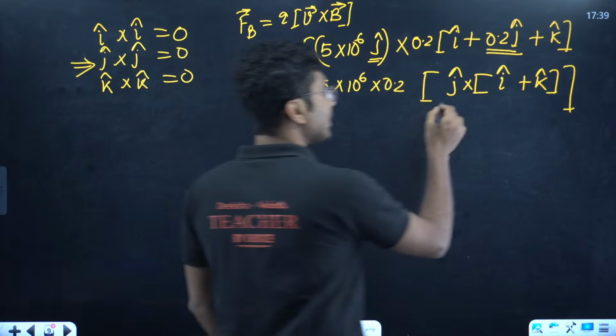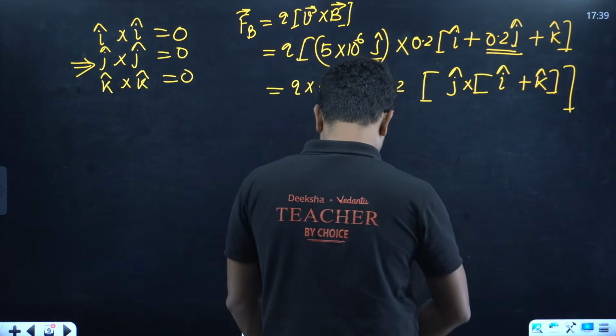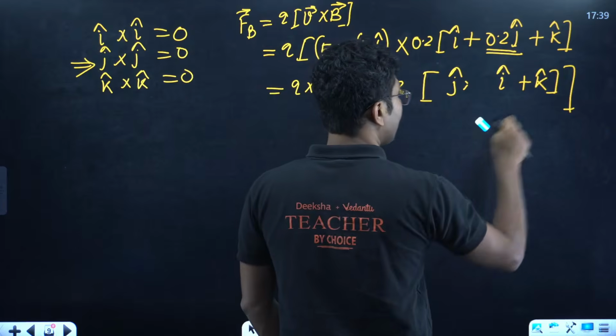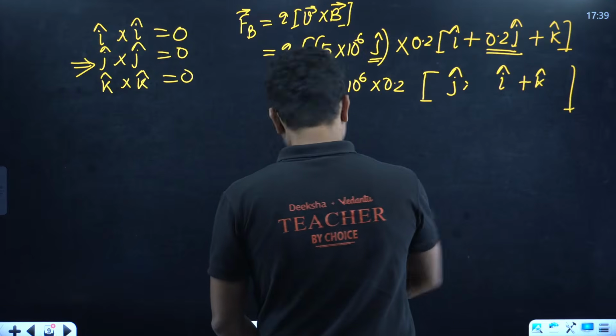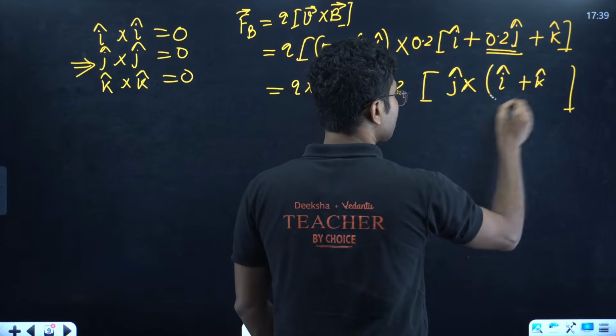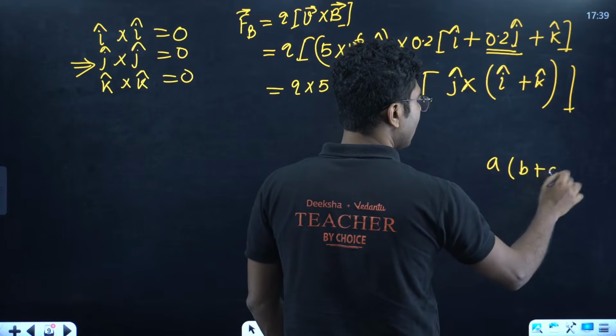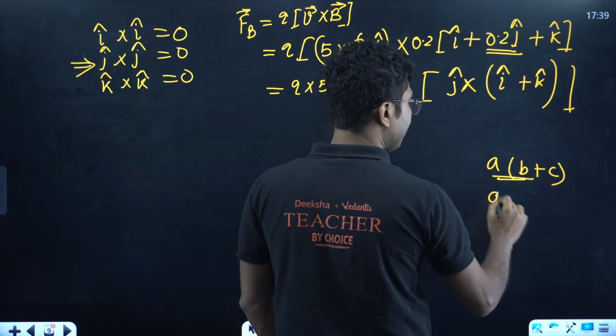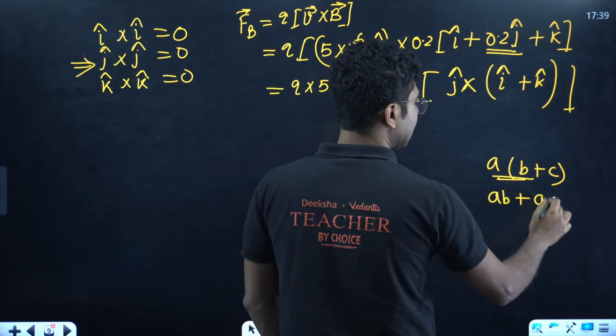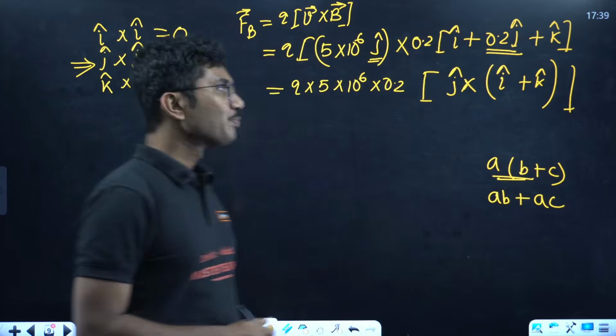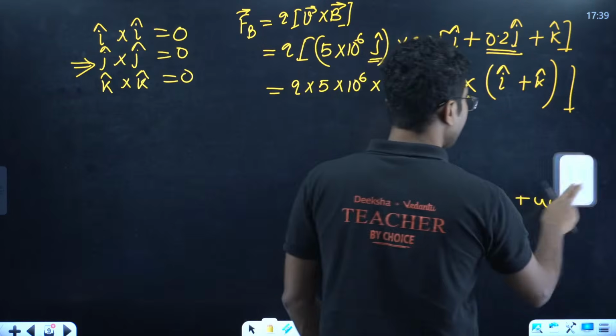Now how to remember? First, if you want to break the bracket, what do you do? This is the cross product bracket. If you have normally A into B plus C, you multiply between these two: AB plus AC, right? That's what you do. So similarly here, what you have to do? You have to find